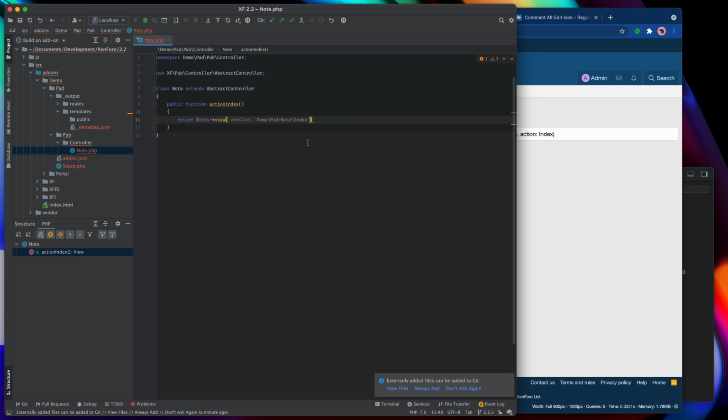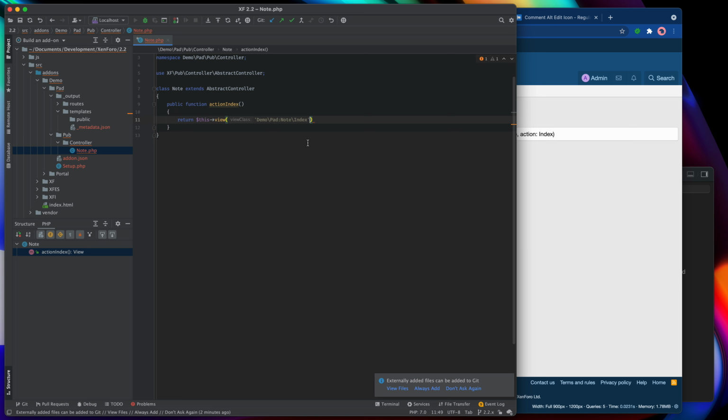The view itself is a class that is optionally defined. If you don't define one, it will use the standard view, and we'll come back to that in a much later step. But for now, just use some sort of semantic naming that allows each of your actions to have a uniquely identified view, like I've done here.